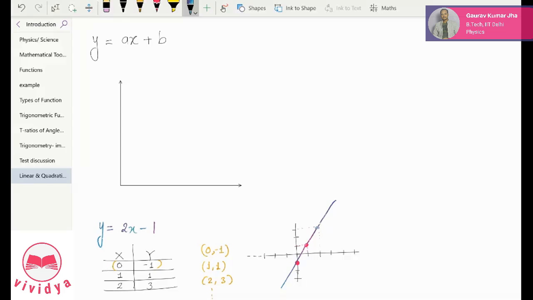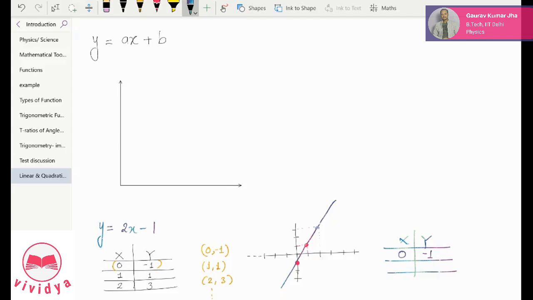For example, in this question, for that I don't have to make this table. That's why I'm telling you it is more convenient. I'm just drawing the table to explain it to you. So 1 point I put x equal to 0. I can clearly see from the equation, I don't have to solve, I see y is minus 1. That was actually our first point.